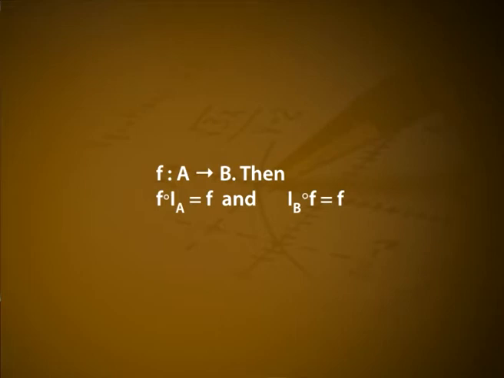A function f from A into B is said to be 1 to 1 if different elements in the domain A have distinct images. Another way of saying the same thing is that f is 1 to 1 if f(a) = f(b) implies a = b. A function f from A into B is said to be an onto function if each element of B is the image of some element of A. In other words, f from A into B is onto if the image of f is the entire codomain, that is, if f(A) = B.